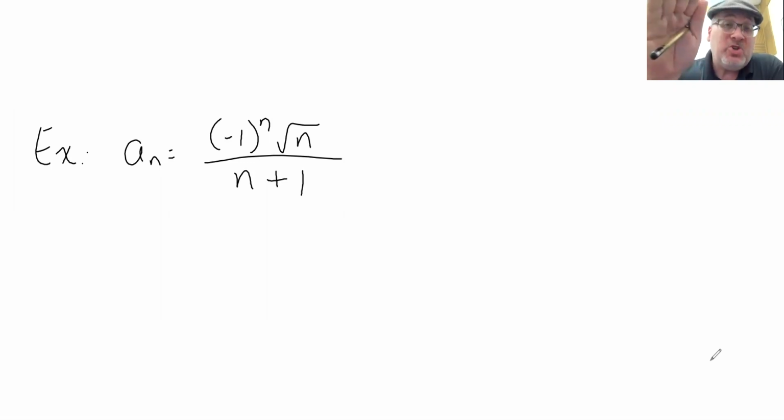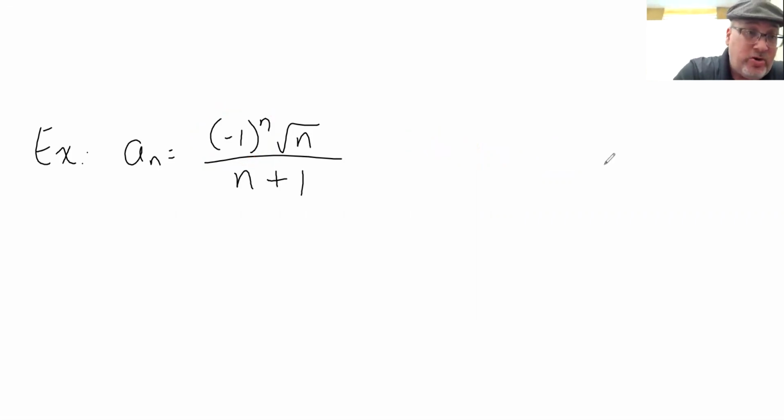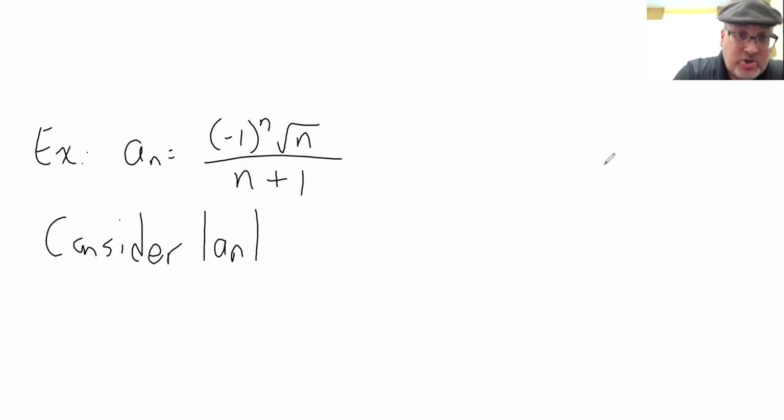Oh, by the way, I should mention that the time to consider using this is when there's an alternator, because if you take the absolute value of an alternator, it's always equal to 1. So because of the alternator, the absolute value of (-1)^n is always equal to 1, because (-1)^n is either 1 or -1, but either way, its absolute value is 1. So it's that alternator that suggests to consider what happens when you take the absolute value of this term,